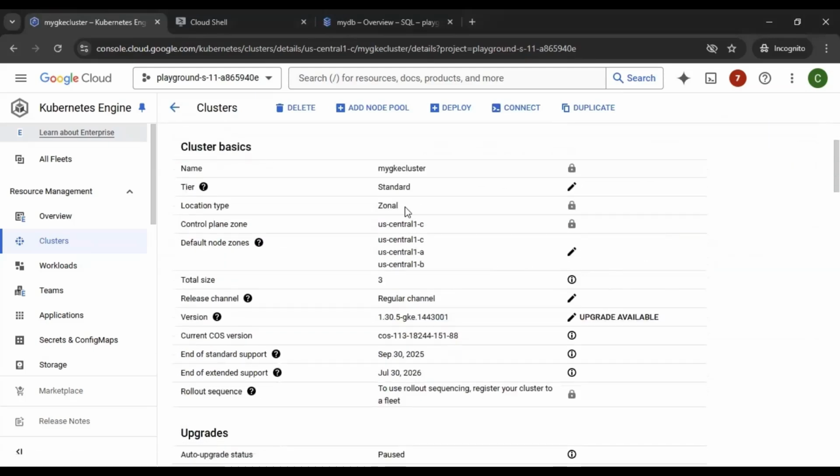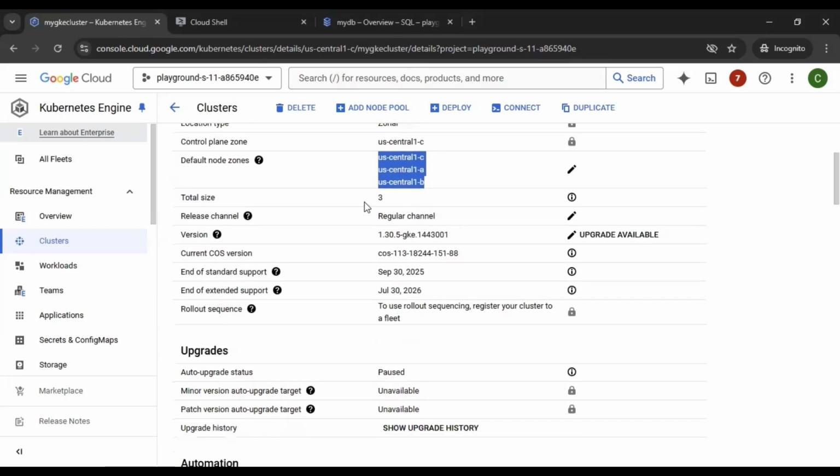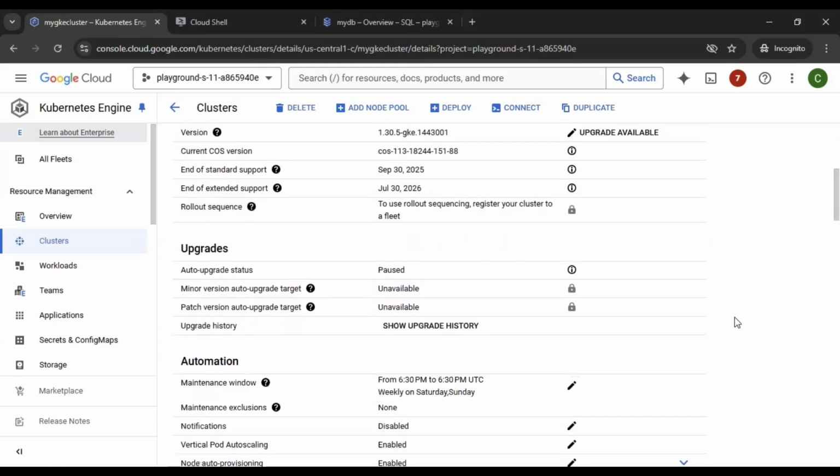So we have a zonal cluster, and this zonal cluster is located in US Central 1C as the control plane zone, and it has the default node zone distributed in US Central 1 A, B, C zones. So all these zones are in US Central 1. Okay, and we have only three nodes right now, and it has